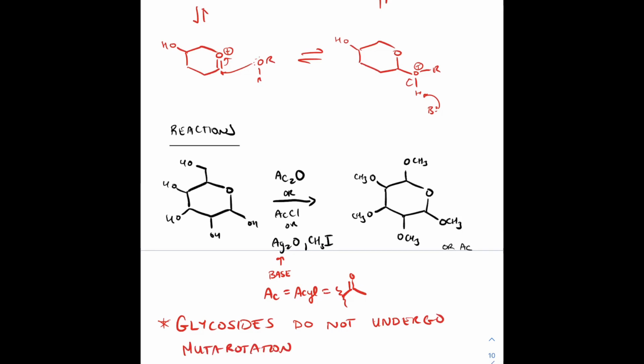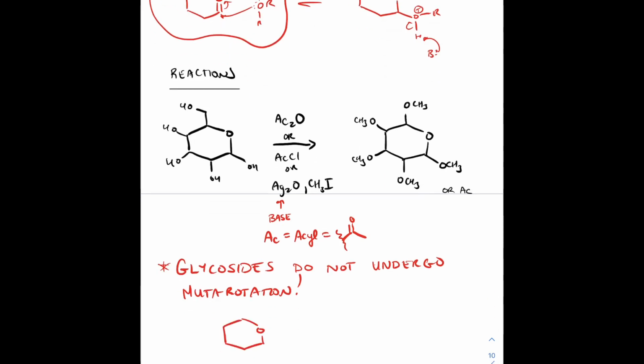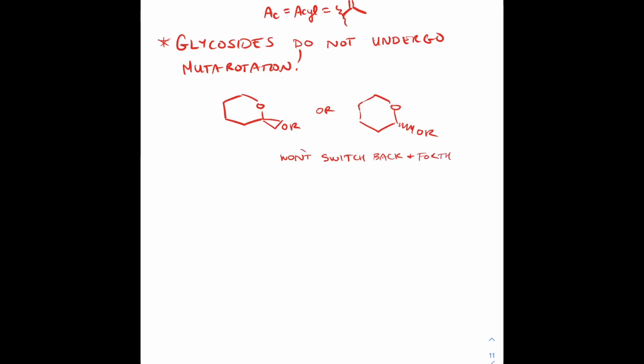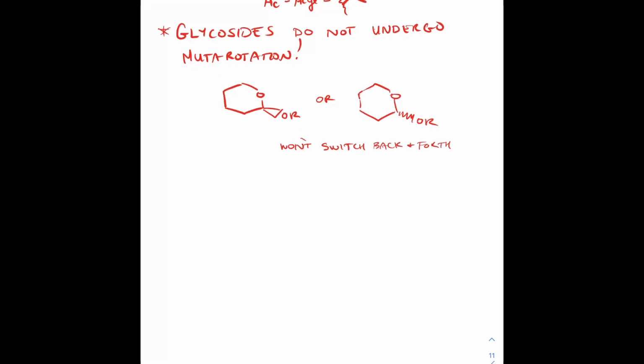So glycosides do not undergo mutarotation, and that's because we can't form a carbonyl group with the R group on there, because that's not going to be as easy to remove, whereas the oxonium that forms in the intermediate for the formation of an aldehyde has a proton on it, and you can just deprotonate that. Review the mechanism for that if you don't quite understand, but otherwise just know that glycosides do not undergo mutarotation,